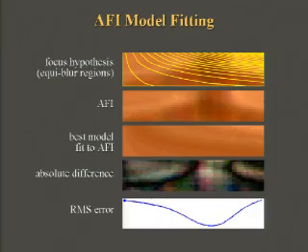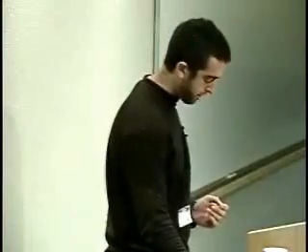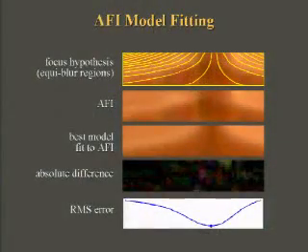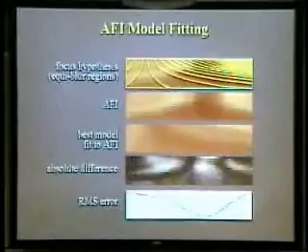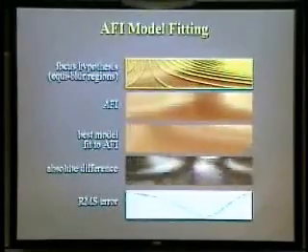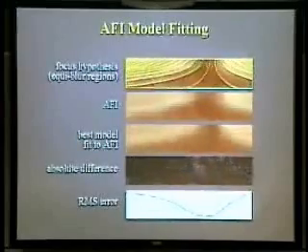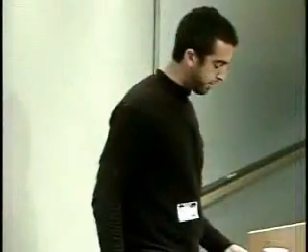So each focus hypothesis for a pixel gives us a different partition of the AFI into these equiblur regions. It gives us a very simple way to test whether a pixel is in focus or not. If our hypothesis is correct, the color in each of the equiblur regions is constant, so we can synthesize the least squares optimal AFI just by taking all of the pixels within each of those regions and averaging them. This gives us an error function, and by minimizing the error function, we can find which is the focus hypothesis which is most consistent with our AFI.